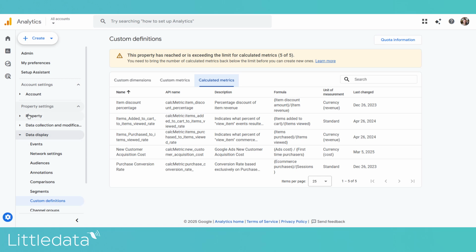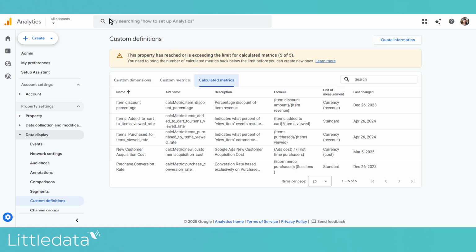Now we're in a different tab, and in your own GA4 account, you would go to custom definitions and define your own calculated metric by dividing number of each item being purchased by how many times it has been viewed. I don't know why Google analysts defined it as a currency unit, but it's just a mistake. We're gonna disregard it. If I was creating this on my own property, I would multiply this number by 100